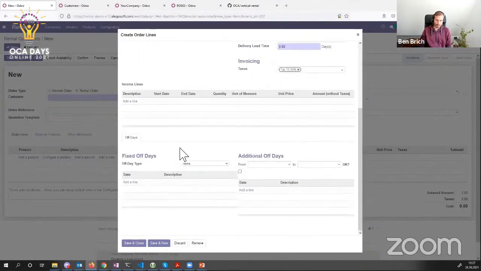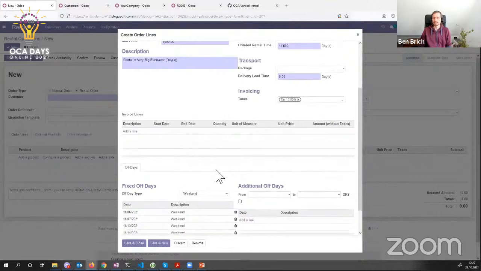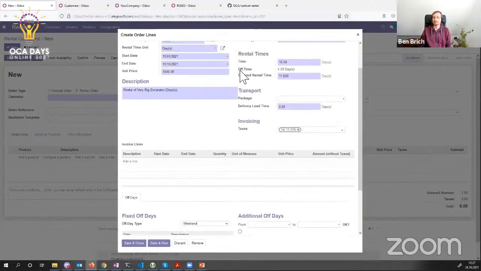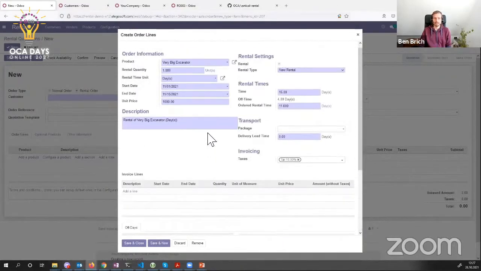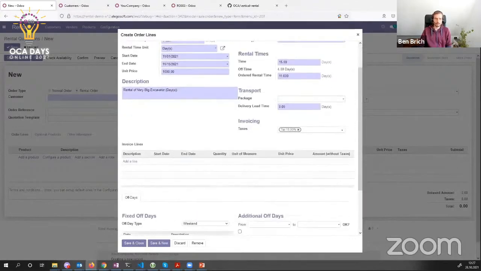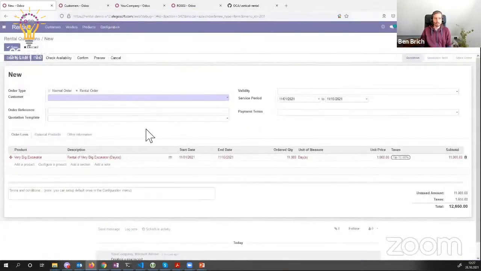Just scroll a little down here. Here you can define off days by, for example, selecting the weekends or additional other days that you do not want to price in your day computation. And if you apply this, the ordered rental time is reduced by the number of days that you define here. So I won't do this for now, or maybe we can leave the 4 days. That's fine. So if I now save and close,